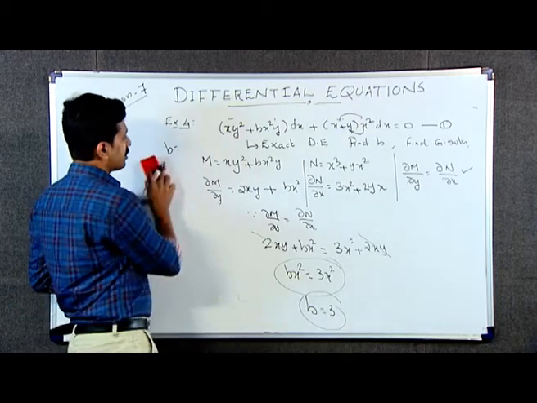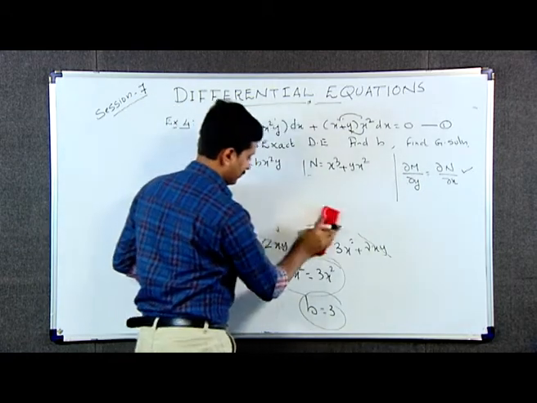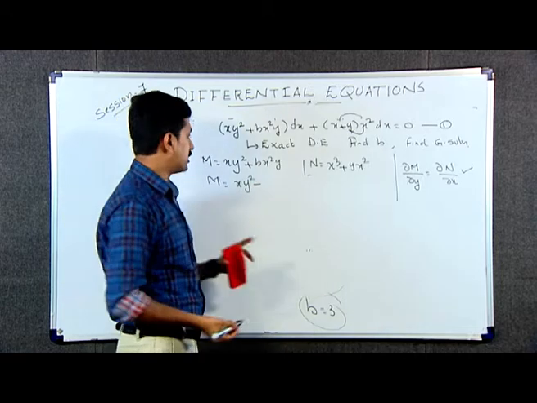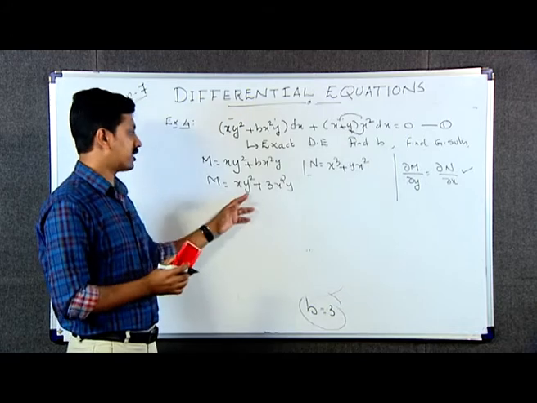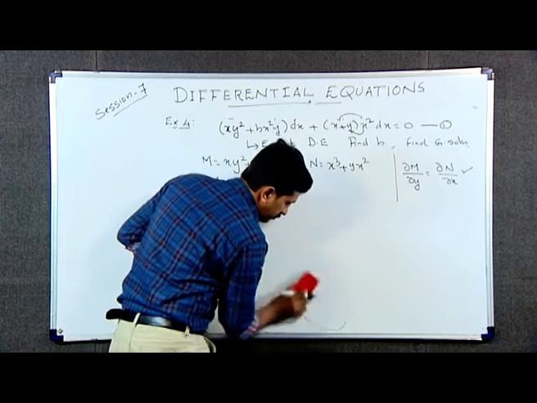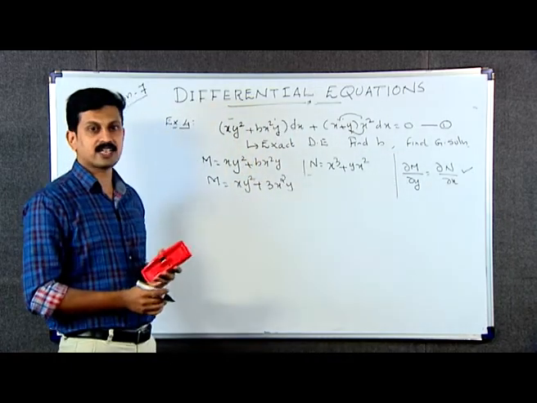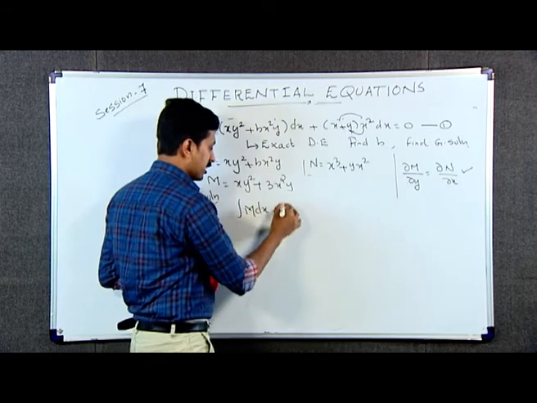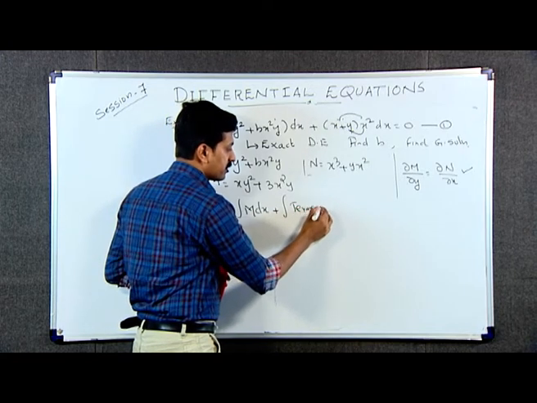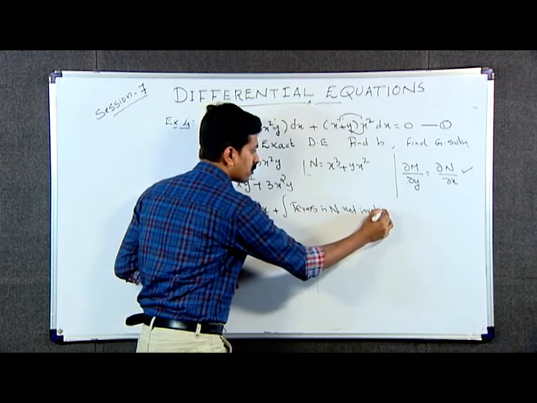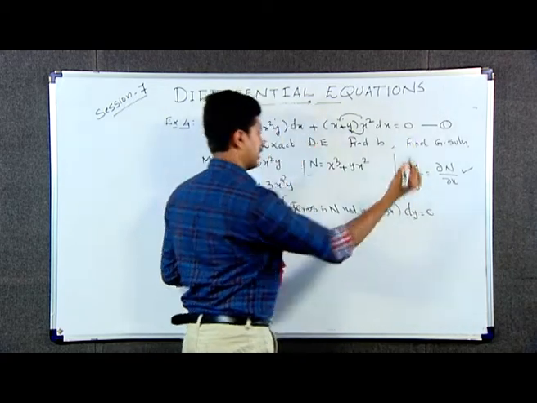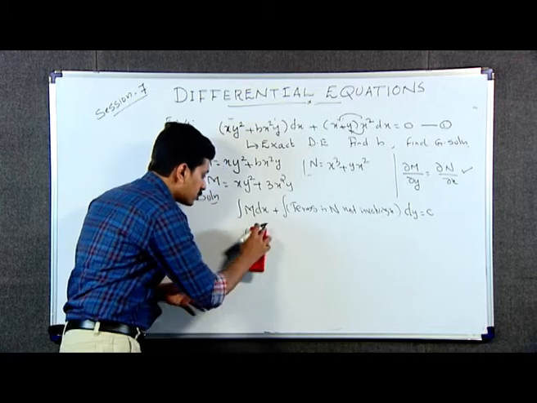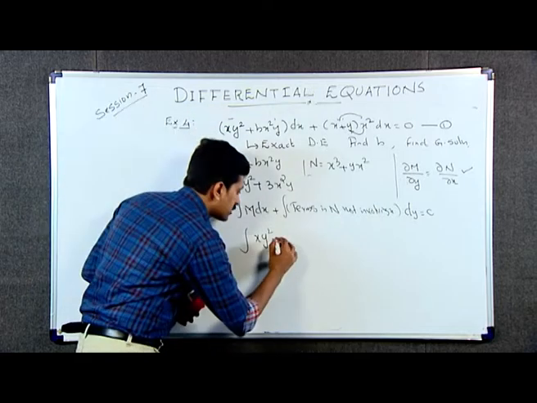Since b is equal to 3, our M is replaced as M equal to xy², and the value of b we found is 3, plus 3x²y. M is equal to xy² + 3x²y. See, this is given as exact. Because it is exact, the solution is: integral of M dx plus integral of terms in N not involving x, dy, is equal to c. Integral of M dx is the integral of xy² + 3x²y